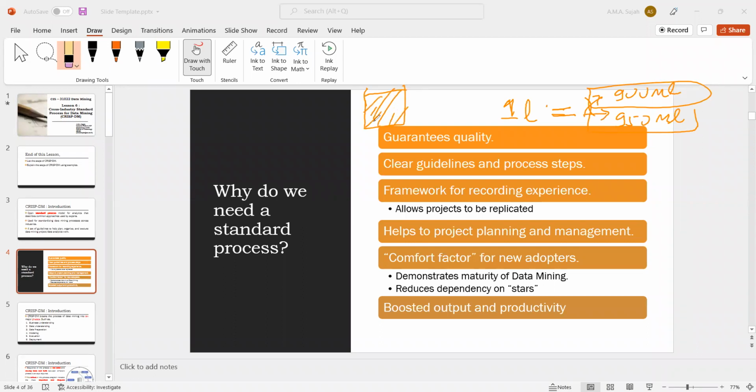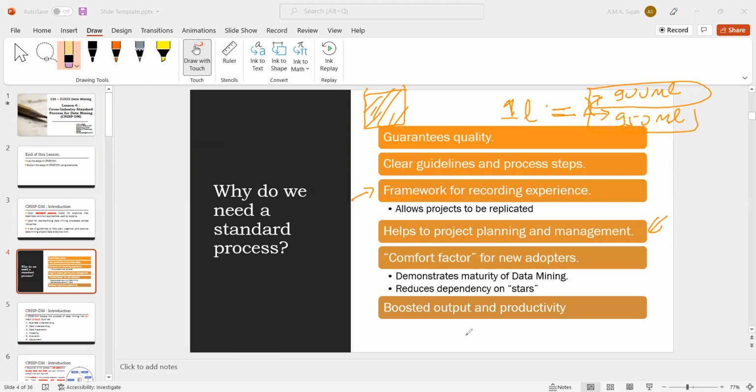Every organization is audited. The auditors check whether the measurement balance or liquid balance is working properly. That is the way they maintain some standards. Similarly, whenever we are applying data mining, we must follow some standard process. Whenever we apply a standard process, it gives you a framework and an order of work. It helps you to easily maintain and manage your work.